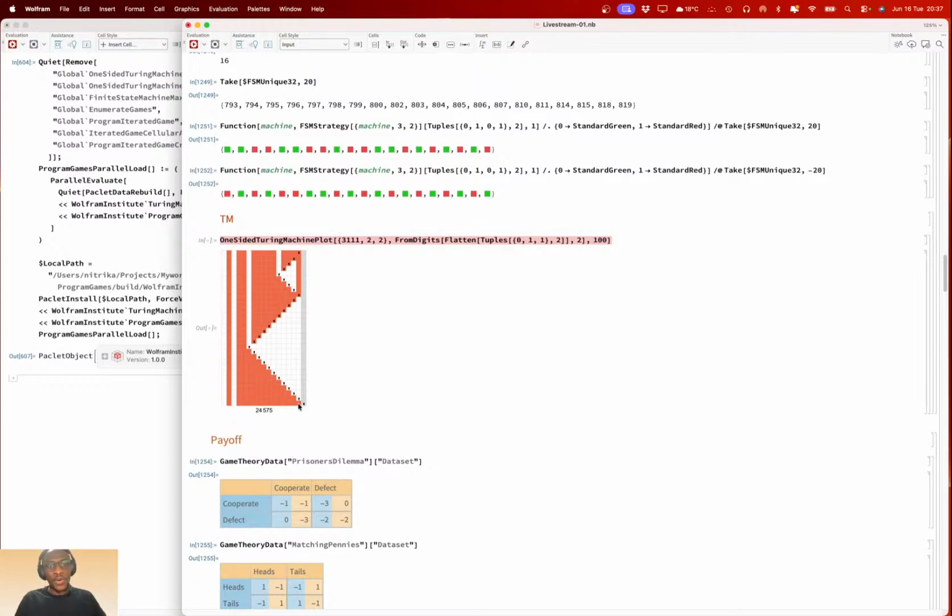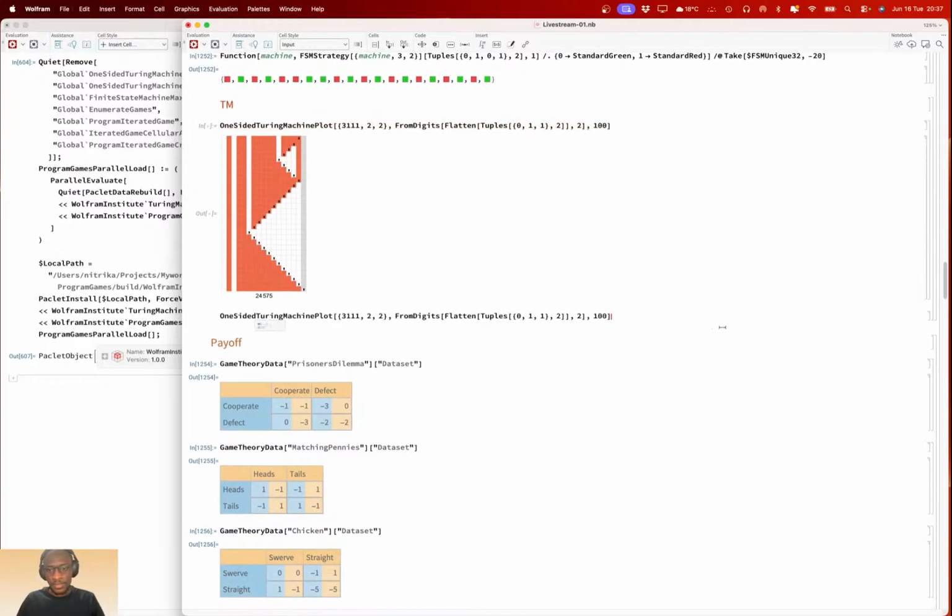Keep doing that for all Turing machines, and I can take a few unique Turing machines to choose, take 10.